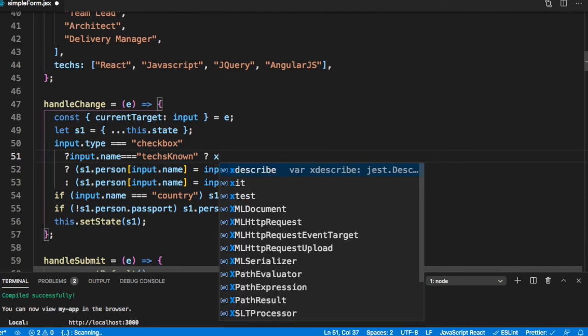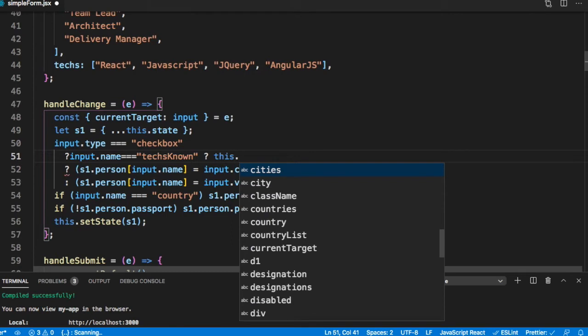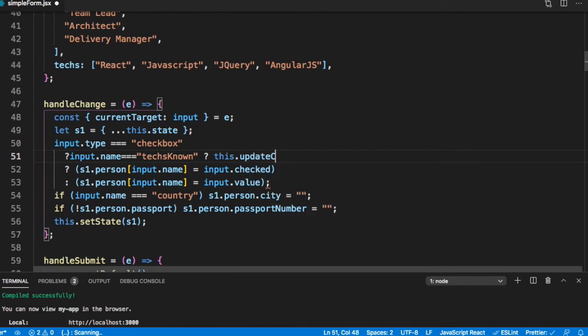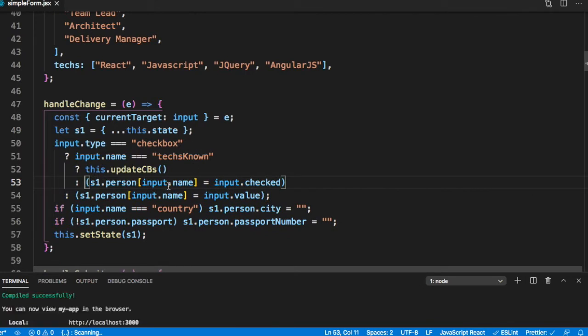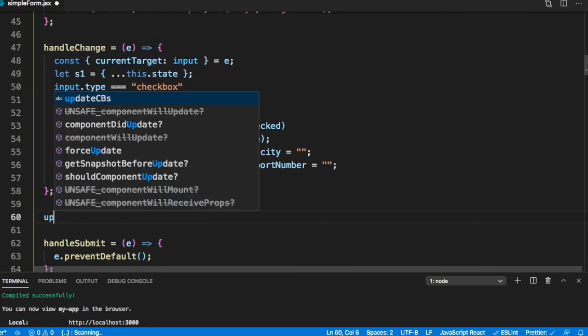Let's call a function this dot update cbs. Otherwise, we will do the checked thing. Otherwise, we just do the standard processing. So this is the change we want, which is for this set of checkboxes, we will handle it in a special manner in this function update cbs.